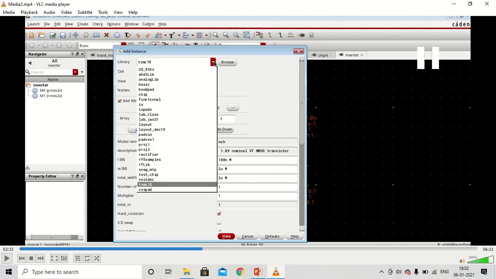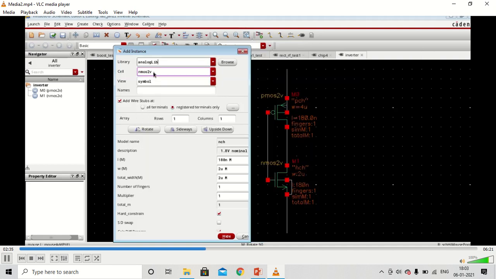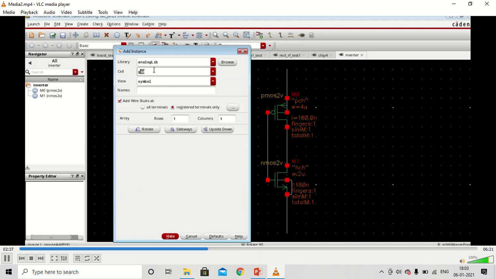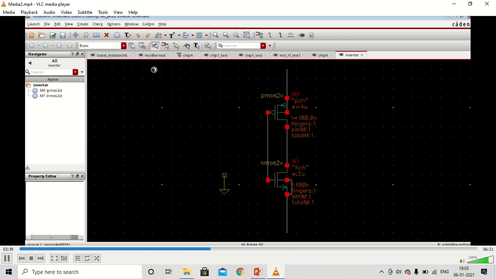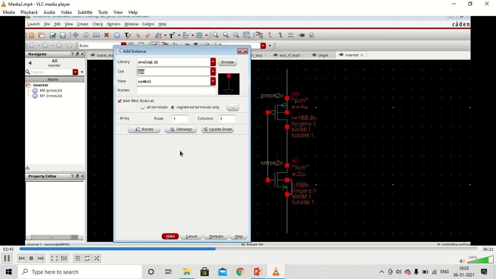Now in order to simulate the schematic, we will need the sources: the power supply, the ground, and the pulse signal. So we will place those in our schematic. In a similar way, we will press I and go to the analog library. The sources are in the analog library. We'll first place ground, and VDC is our DC source.